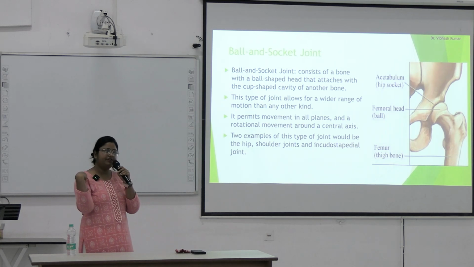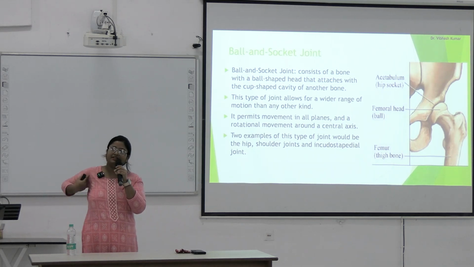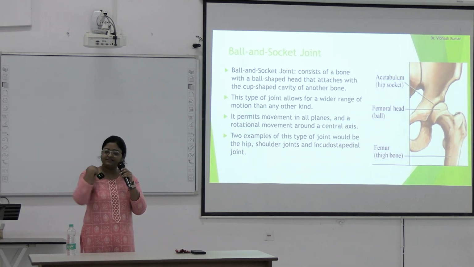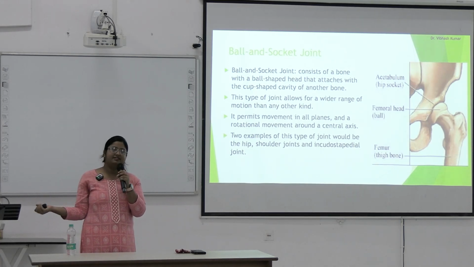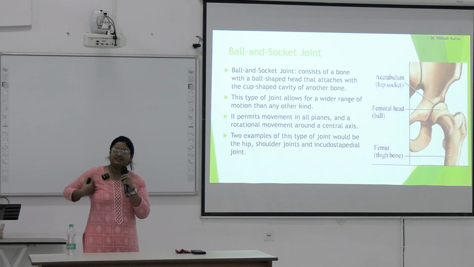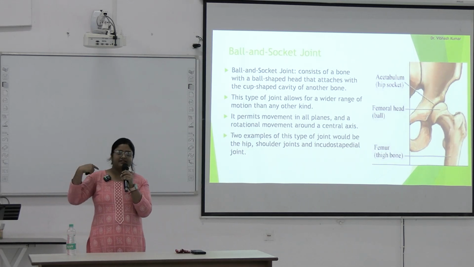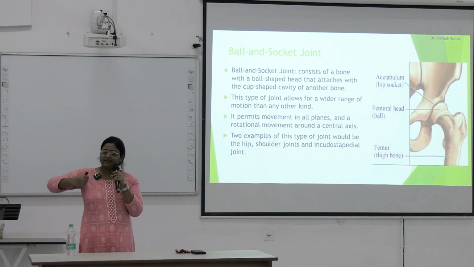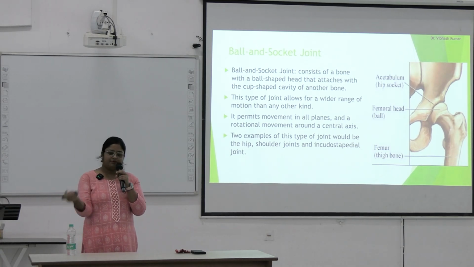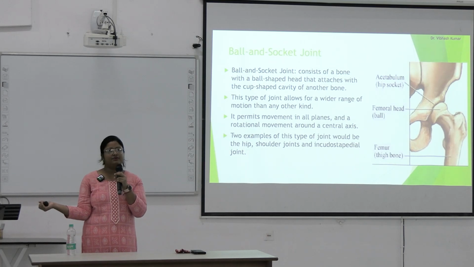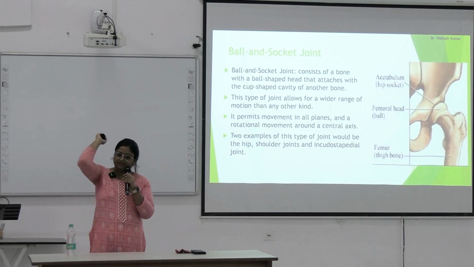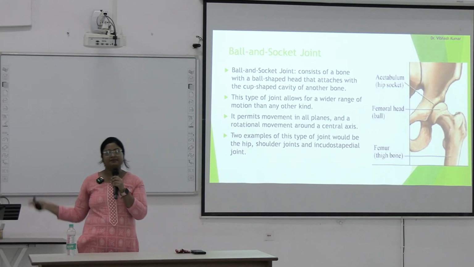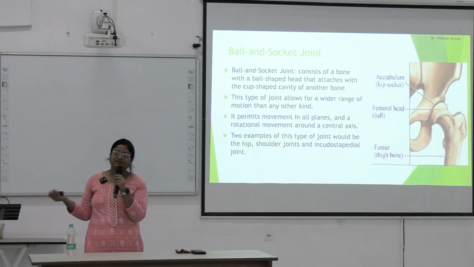Okay, so in the shoulder joint, this is flexion, this will be the extension. Here is the adduction, abduction. This is medial rotation and lateral rotation. So flexion and extension occur around the transverse axis. Okay, adduction and abduction occur around the anteroposterior axis, and rotation, medial rotation and lateral rotation, occur around the vertical axis. And circumduction can also occur. Okay, circumduction is a combination of all these movements.